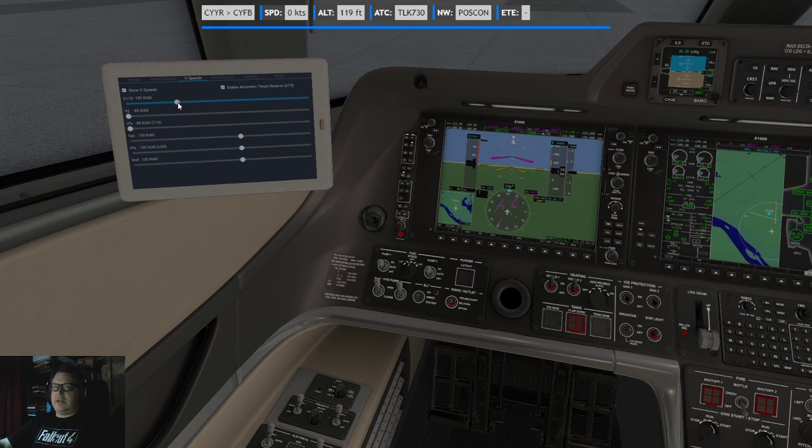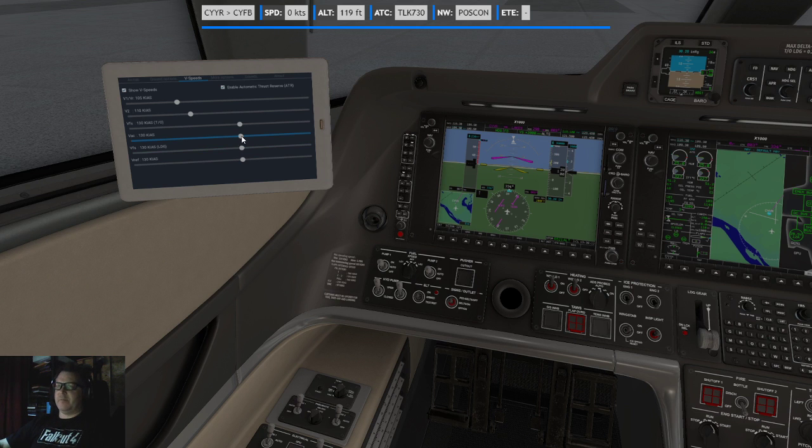Once again, very approximative, but pretty close. I mean, when you look at the official charts and you want to find out exactly, depending on your weight and everything, you're pretty close with these numbers.